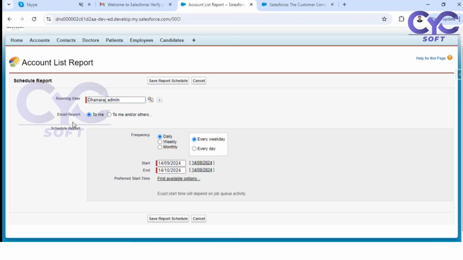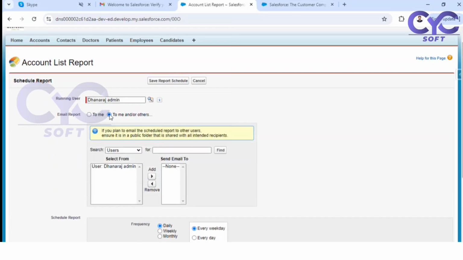I want to generate a report by means of this user, Dhanaraj admin, and email to me. So whatever email is associated to this user, at this particular point of time the email is going to Dhanaraj admin, and the report is going to be generated and sent to Dhanaraj admin, right? No, I want to send it to me as well as others. Yes, we have this option. See here, to me and or others, right? So whatever users are there in your organization,